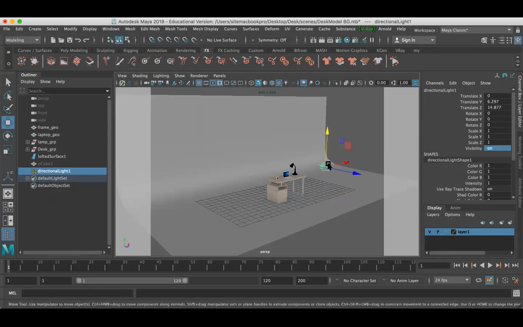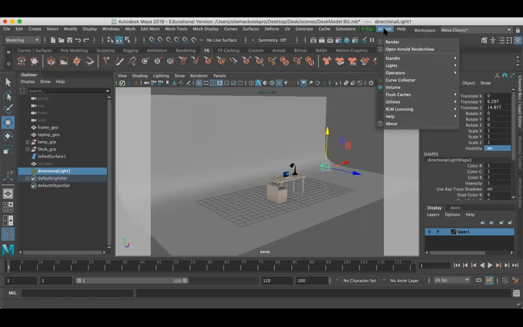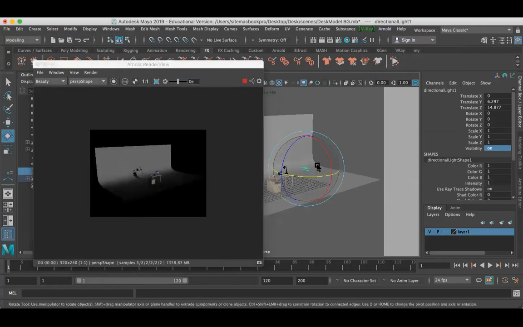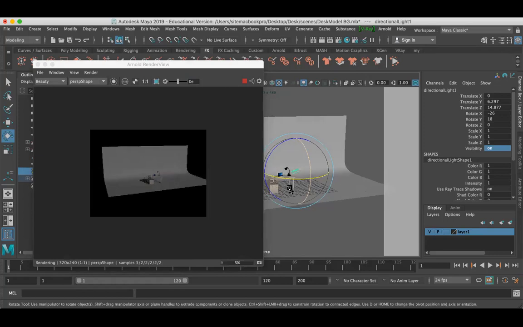I have created a directional light, and I go to Arnold and click Render. So I got a render of the scene here. Now look here. I want to rotate my light. So I have just rotated my light here. You can see here.